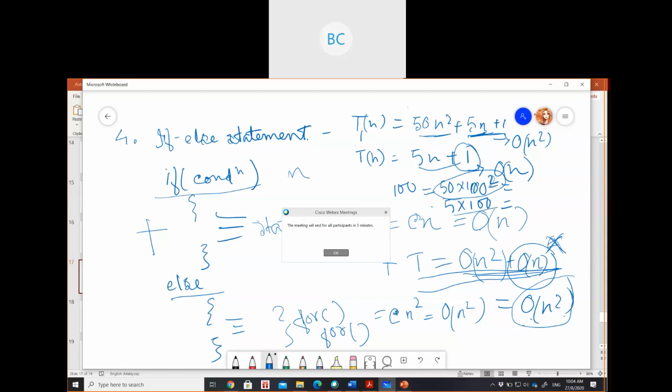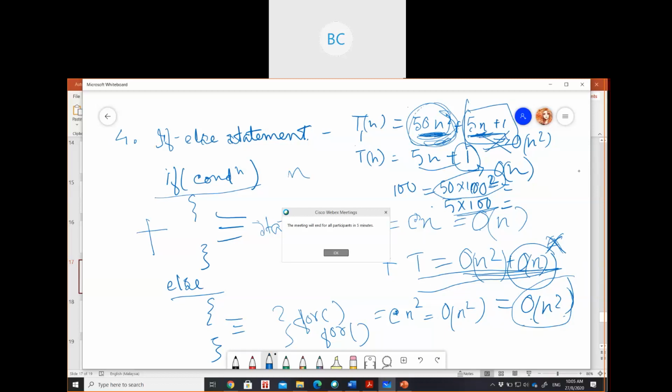If here it's taking 500, there it's taking 500 into 100. So which part is giving you the worst case? Just the O(n square), right? Because this part of the expression is going to take the longest time. So that's why we are going to neglect this entire term.